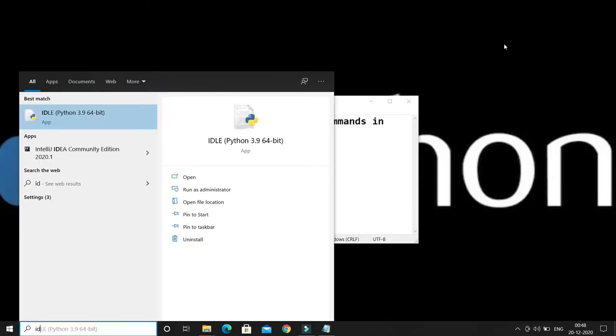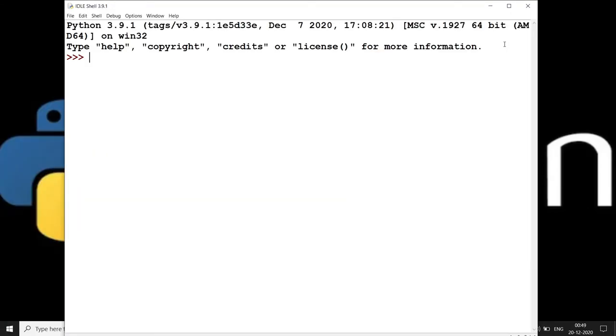I will type IDLE, and I'm opening Python IDLE, and here I'm going to type the first command. I'm creating a variable called x, and assigning a value 10. Similarly, next variable y, assigning value 20, and z equals x plus y, and I'm printing the value of z, and we get the result.